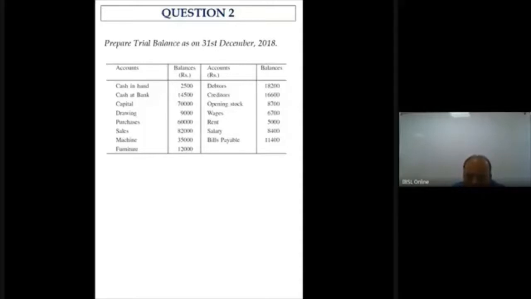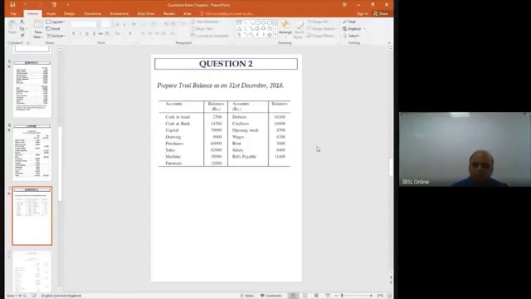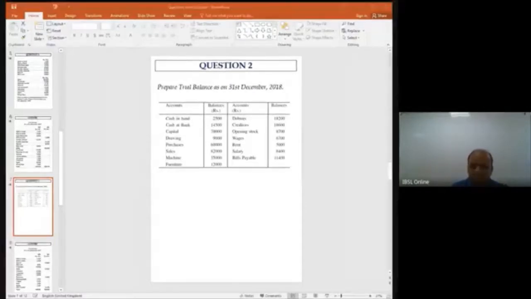What is the difference between the two? Or is there a difference? Anyone? What is the difference between wages and salaries? Wages are daily payments, okay. Salaries are monthly basis, yes. That is somewhat